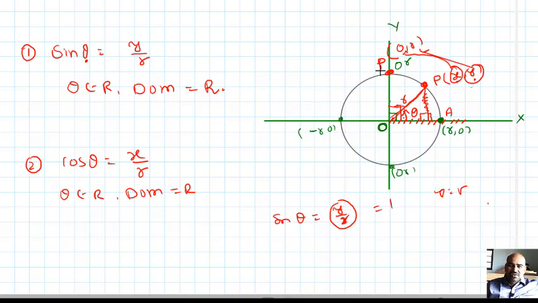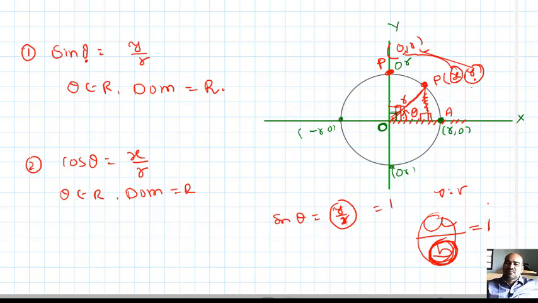Okay, but what happened? Y is never greater than r. Y equals r or y is less than r. A fraction is given, a by b. If your b value equals a, the fraction value is 1. But here b is always greater than or equal to a, which means this fraction value is never greater than 1, because the denominator is only equal to the numerator or greater than the numerator. That means the fraction value is equal to 1 or less than 1 only, but not greater than 1. That is one important thing.